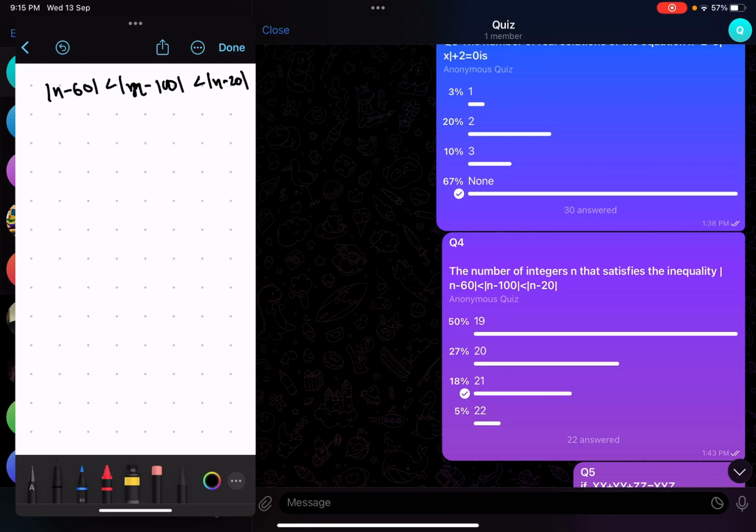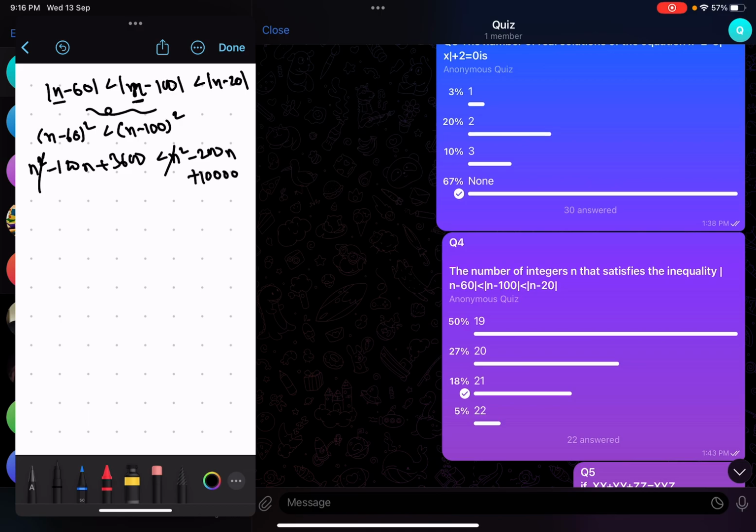My funda is simple: whenever I see a mod that is not a monomial, I will square to get rid of that mod. So I'll square both of these, taking the first two terms and squaring. One thing I can also notice is that n square will get cancelled, so things will be pretty easy for me. I won't even write n square, I can directly cancel them.